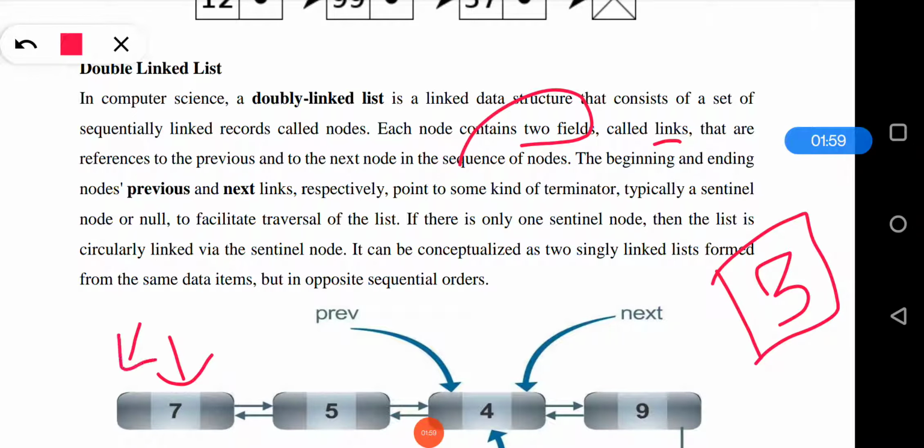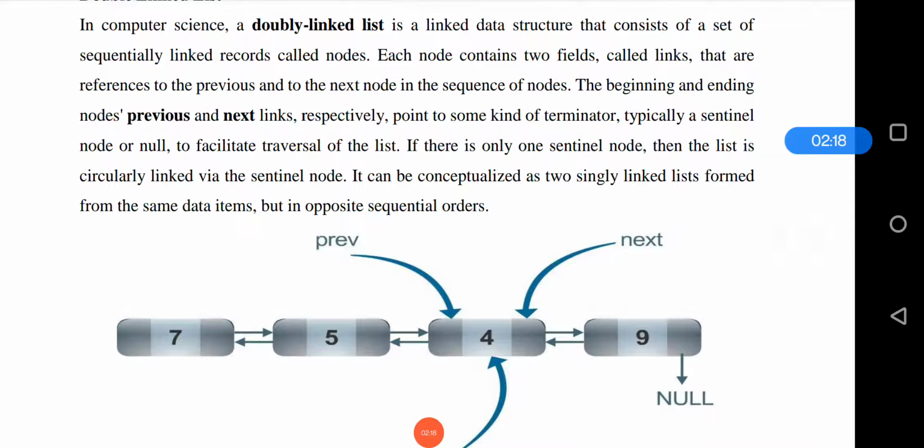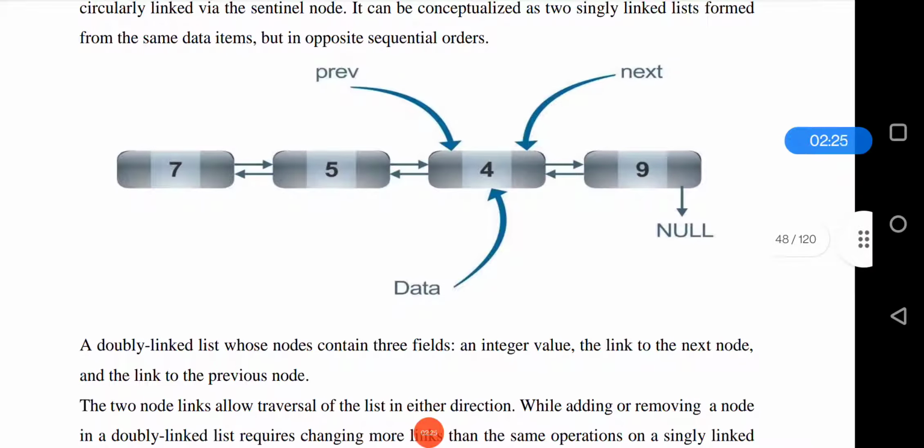This particular field contains the previous link, and this particular field contains the next link. So each node contains two links, the previous and next links respectively, pointing to the beginning and ending of the nodes. If there is only one sentinel node, then the list is a circular linked list. It can be conceptualized as two single linked lists.